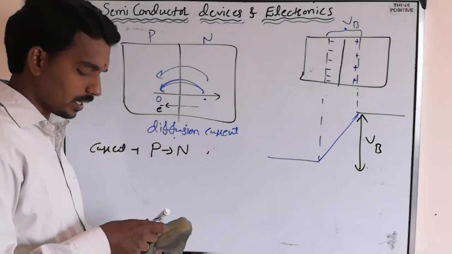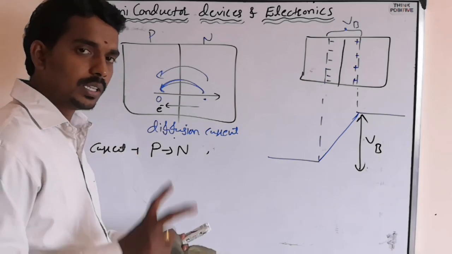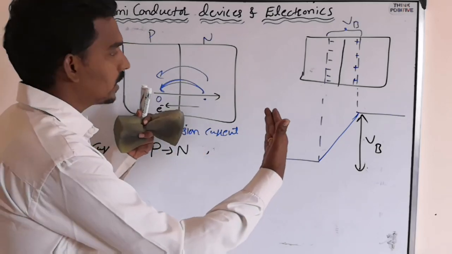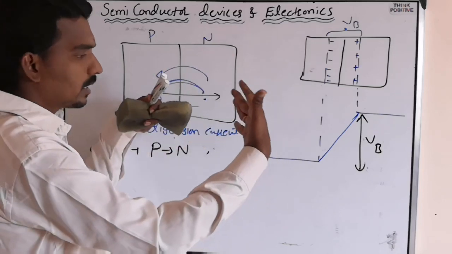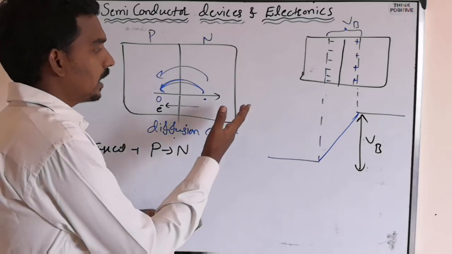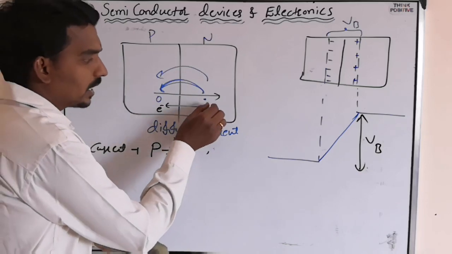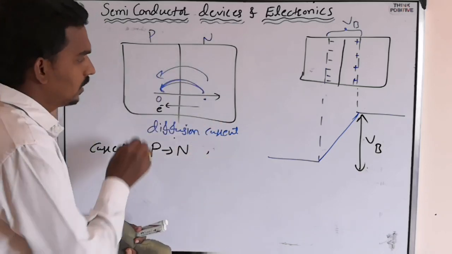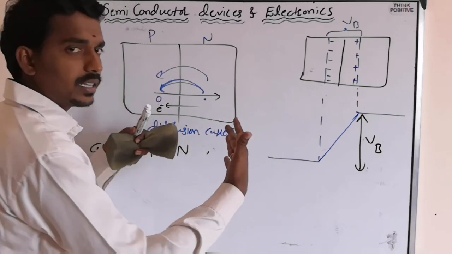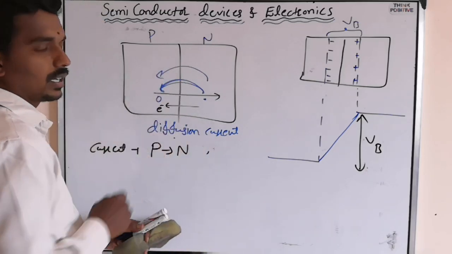So in the case of a PN junction diode, there are two types of modes of connection. Also there are two types of currents. First, if charge carriers cross the junction and try to diffuse into each other, it is called diffusion current. Or you can say it is due to the majority charge carriers, because here electrons in N are majority, and here holes in P are majority. When majority charge carriers try to cross the junction, that is diffusion current.